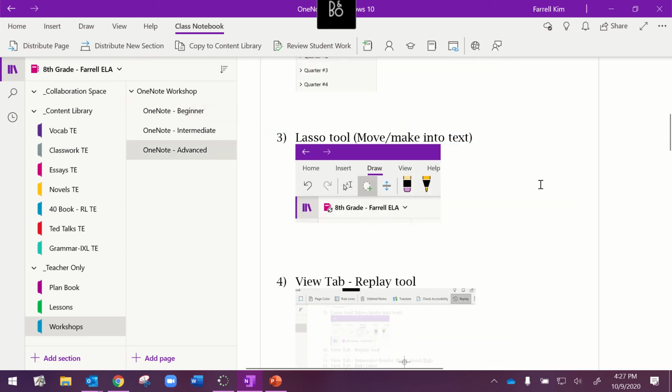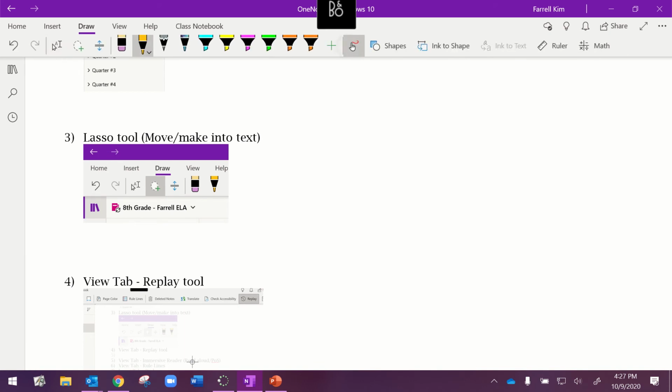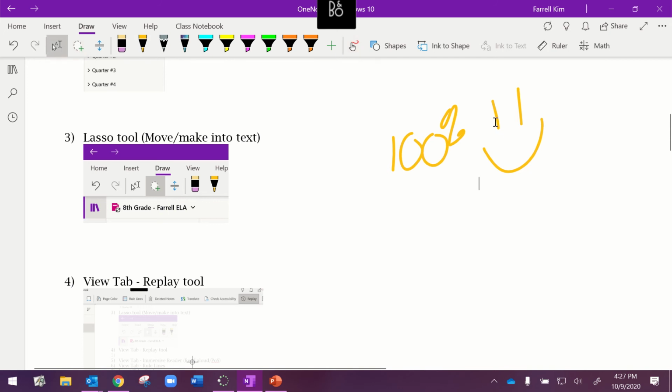The next tool I want to show you is the Lasso tool, and how we can take our drawings and move them around. So if I were to write 100% on someone's grade and I wanted to give them a smiley face, and I don't want to have to do that every single time, I'm going to Lasso Select, because if I were to regular select, I'll just get one individual piece at a time. But if I want all of these, I have my Lasso Select tool right here under the draw, and I can